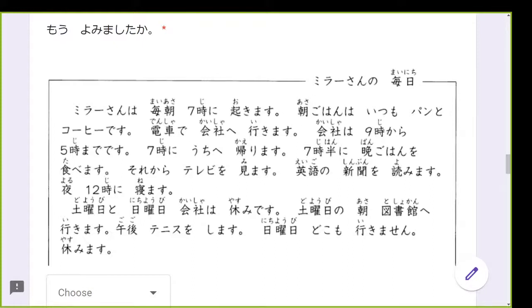Okay, let's try to read now. じゃあ次はスニッさん読んでください。